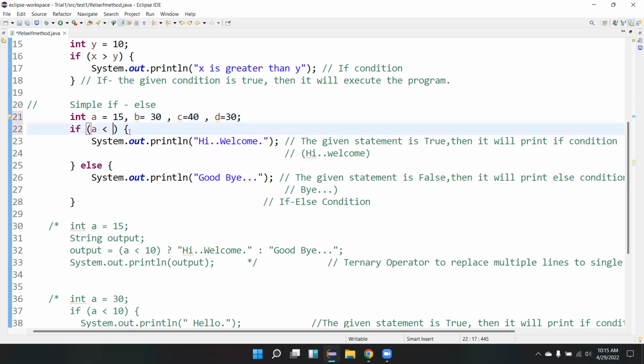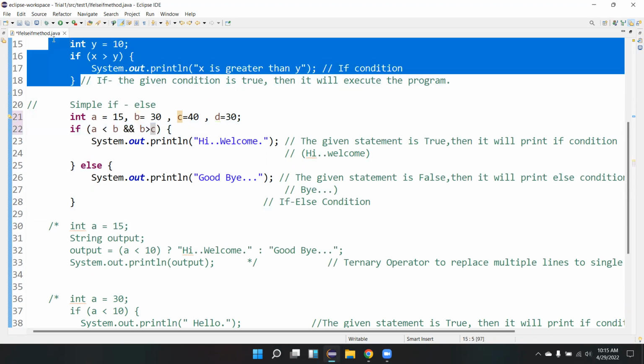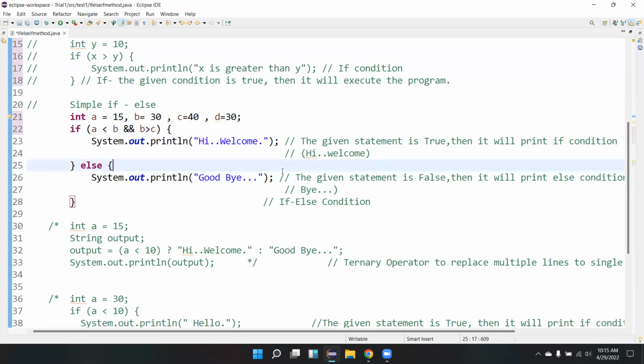Now I kept this a is less than b, and I'll add and b is greater than c. Now what will it print? Goodbye. Why? Because b is not greater than c.